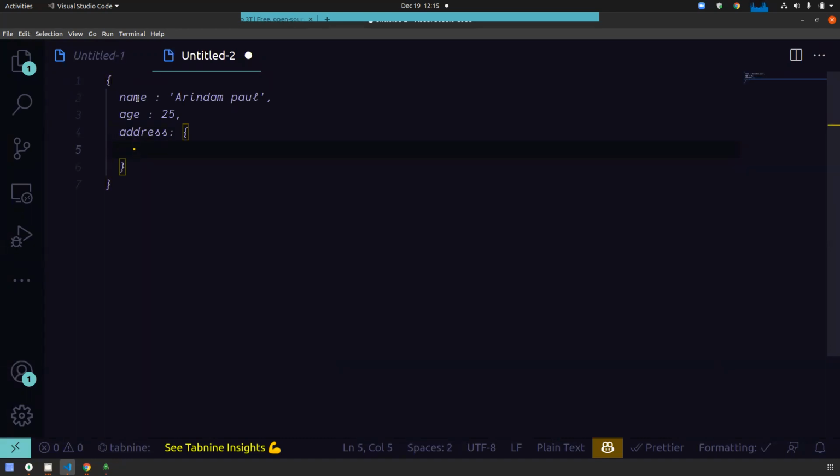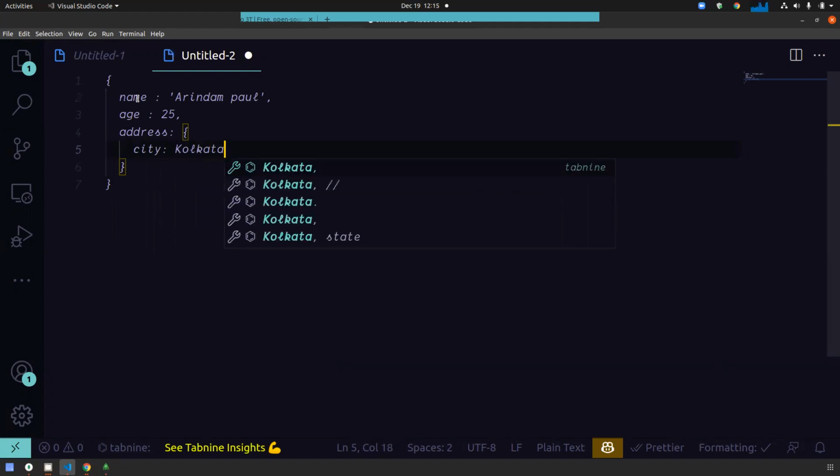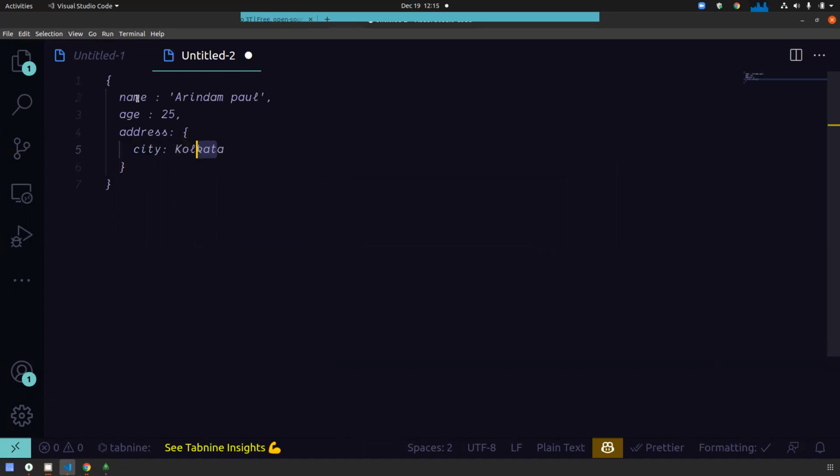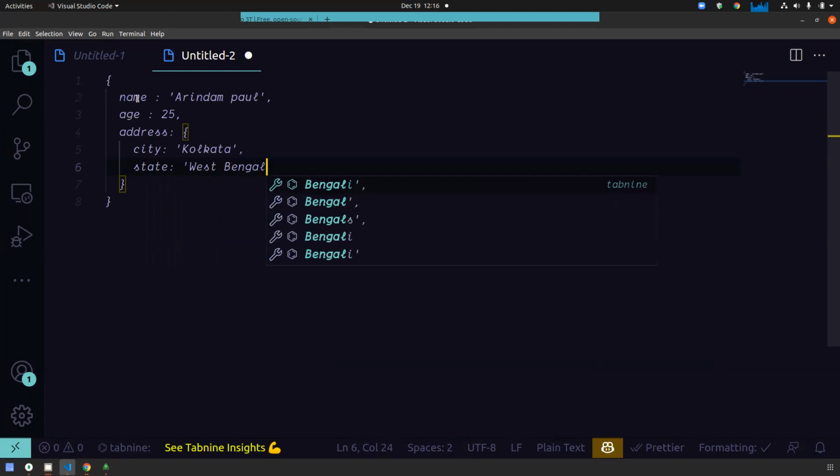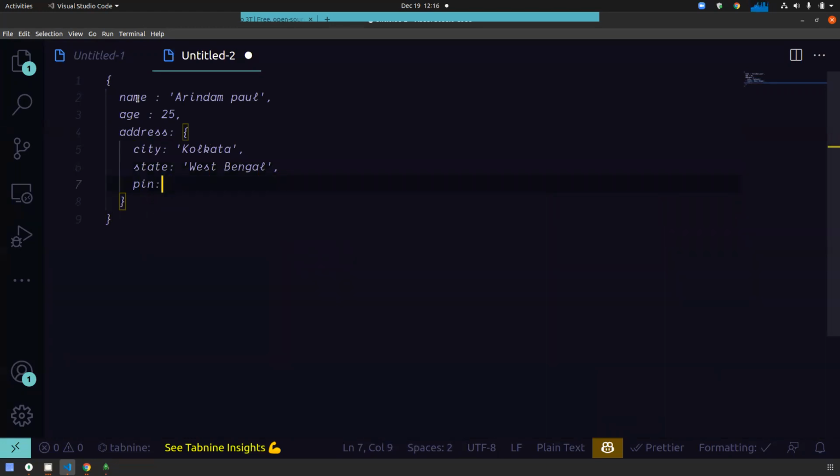Here you can have city, which is a string, then state, then pin. Like that you can store.